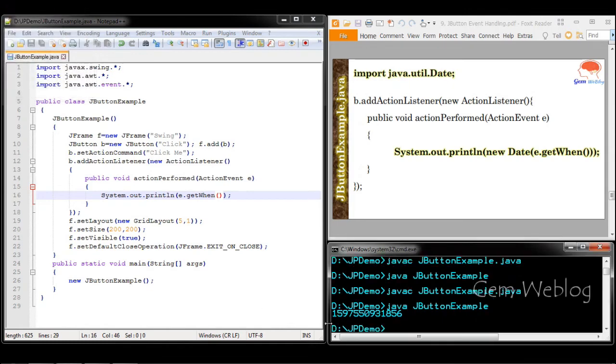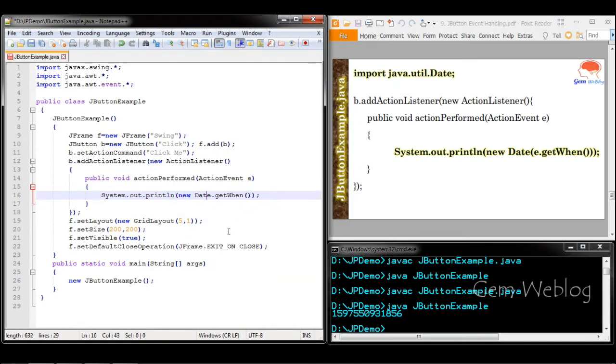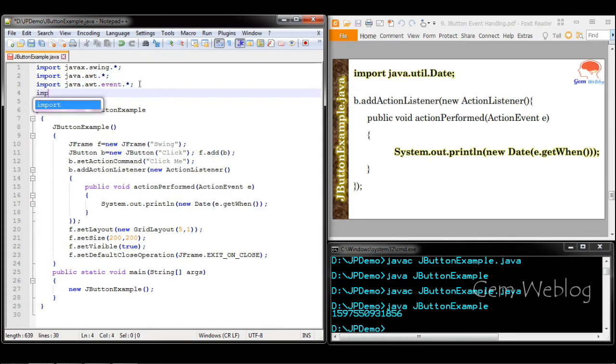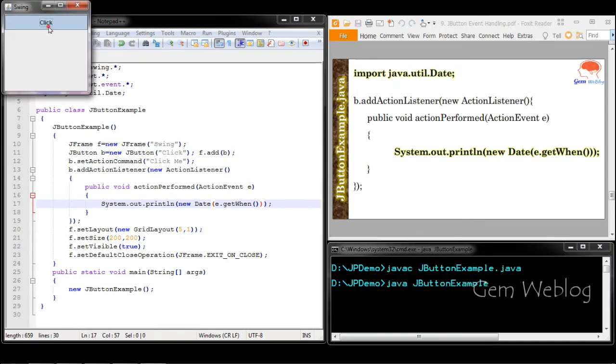Since we are not able to interpret this result, we are going to convert this value into date format so that it will be easy for the user to interpret the result. If you are using the Date class, then I have to include the java.util.Date package. Compiling it. So whenever the button is clicked, you can see the date of the event occurrence.